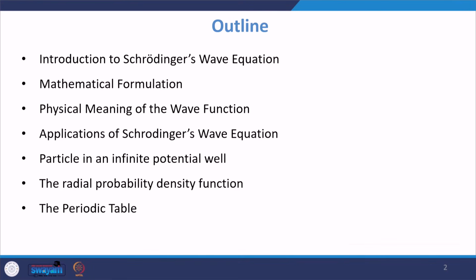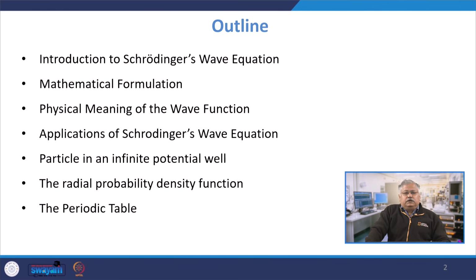This is lecture number 3, and in this lecture we will be studying the Schrodinger wave equation. The outline of this lecture: we will introduce what the Schrodinger wave equation is and what its origin is, look into its mathematical formulation, and see what the physical meaning of the wave function is, which is quite an important parameter in the quantum world. We will look into a couple of applications of the Schrodinger wave equation, for example, a particle in a potential well, finite and infinite,